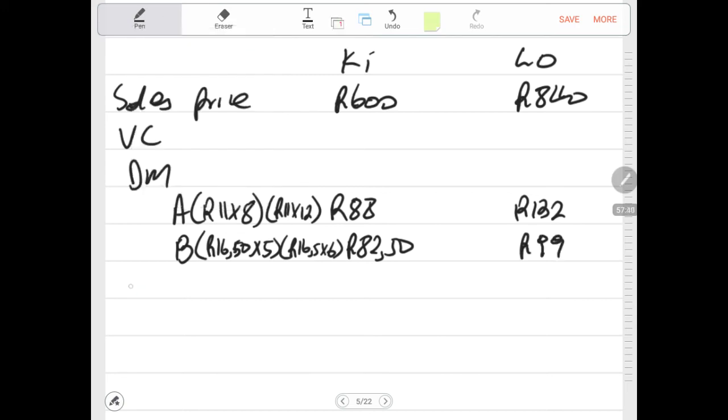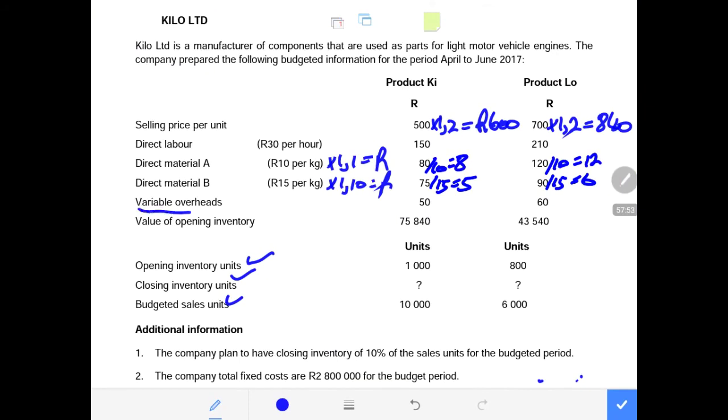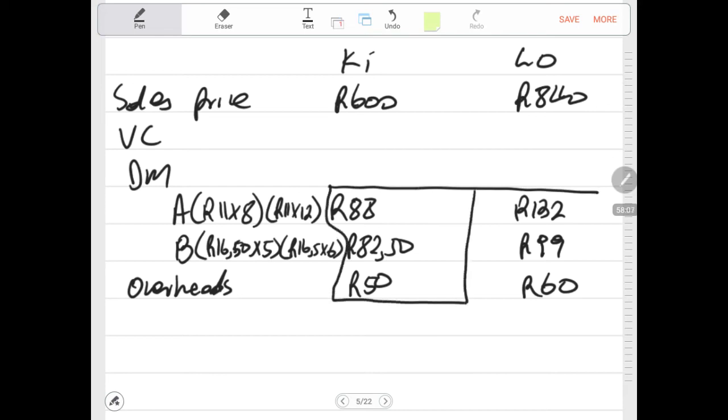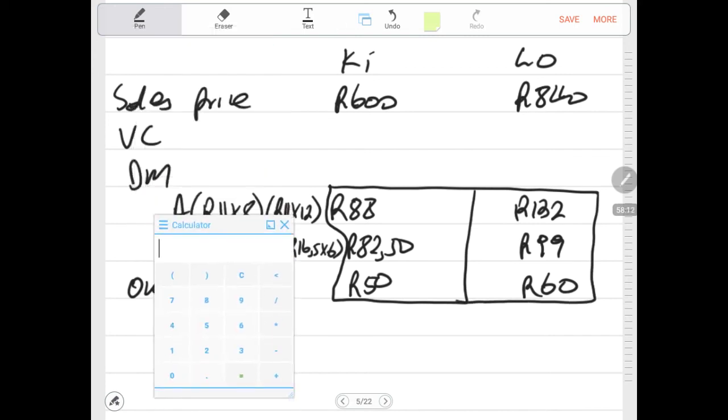Then after we have overheads that are variable, and our overheads that are variable, there was no change to them, so we'll take them as they are. Our overheads that were variable, it was 50 Rand and 60 Rand, and there was no other variable cost, 50 and 60. So we draw the line and we calculate our total variable cost. Total variable cost, 88 plus 82.5 plus 50, it is 200 and